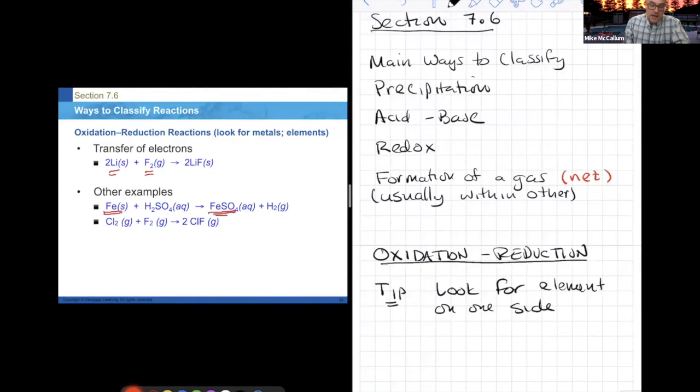And over here we have combined iron, right? Combined iron, which is necessarily a charged species, a metallic +2 ion. Notice what else we form here, hydrogen gas. So very often in an oxidation reduction reaction, you will form a gas such as hydrogen or chlorine or oxygen, because this is the species that's either going to take electrons or give up electrons, becoming itself an elemental species, right? So you see for many of these reactions, we have an elemental species on one side and a combined form of that element on the other side. So that is one way to identify an oxidation reduction reaction,